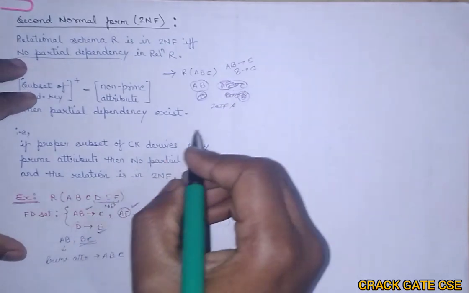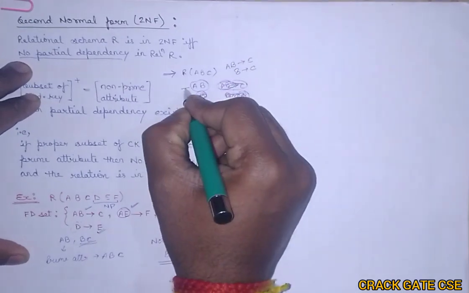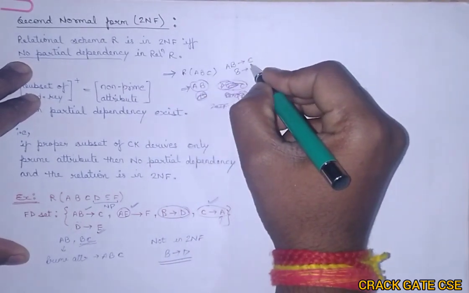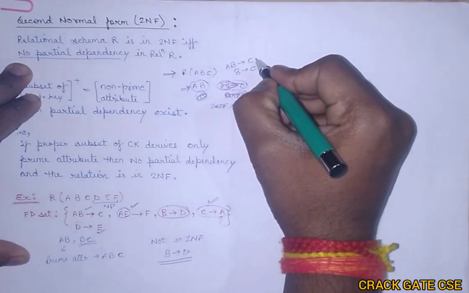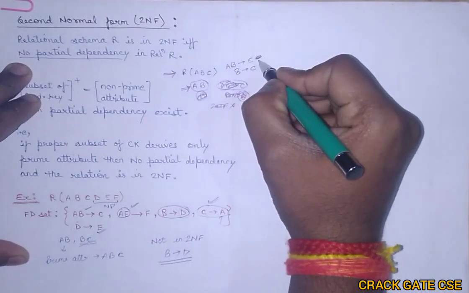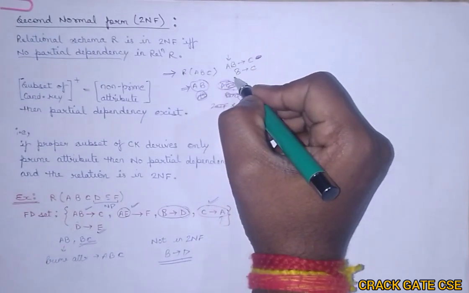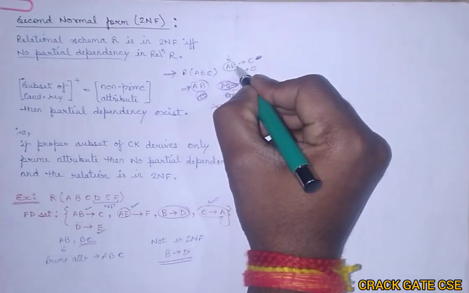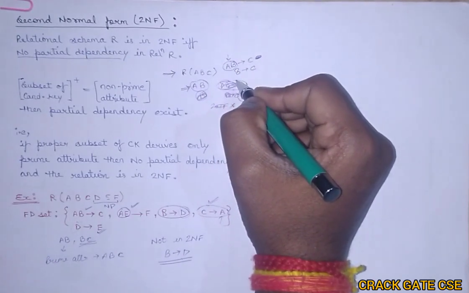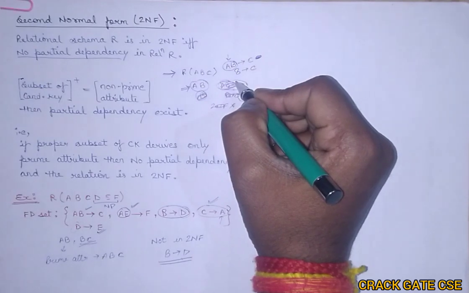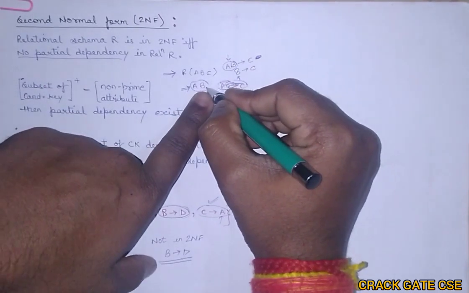right? So I'm having these two functional dependencies and AB is a candidate key. So we have to check for each functional dependency one by one. So here you can see that in this particular dependency, is the left hand side a subset of candidate key? No, this is the candidate key itself. That means this condition is satisfied. If there is any subset, then we have to check, right? So for this you can see that B is a subset of AB.